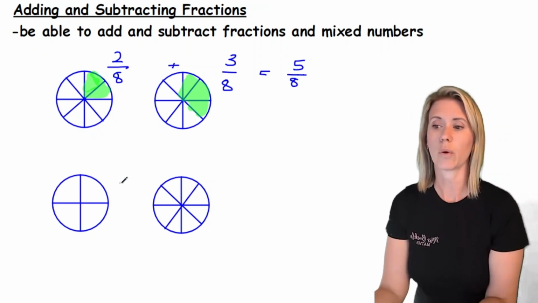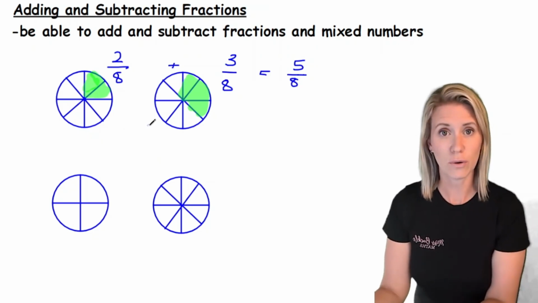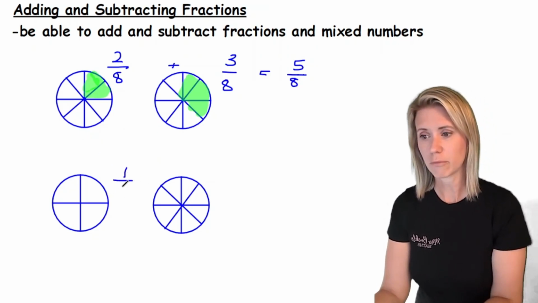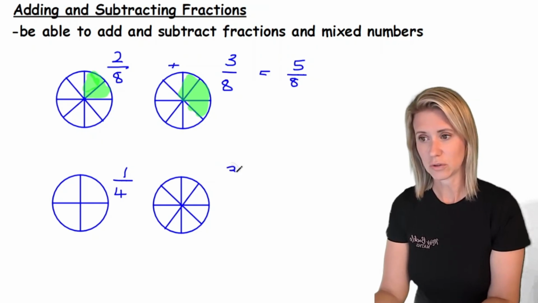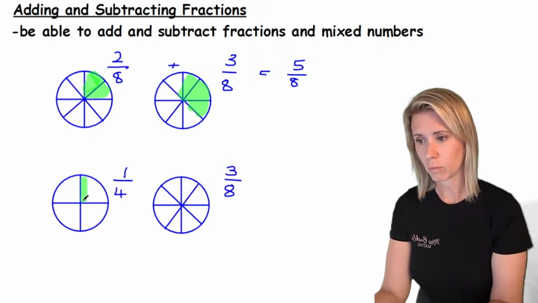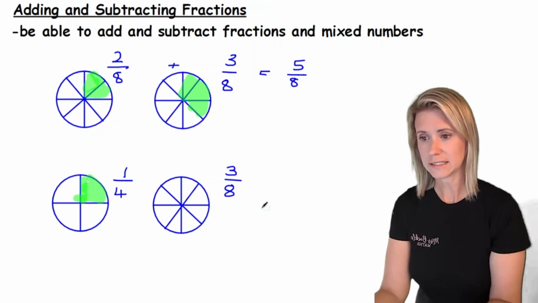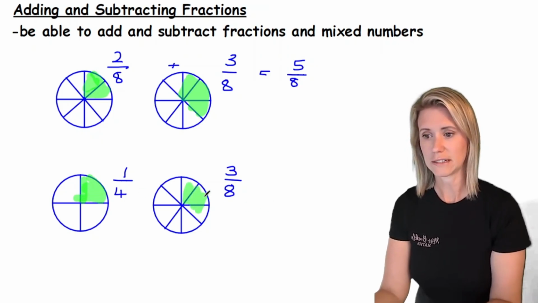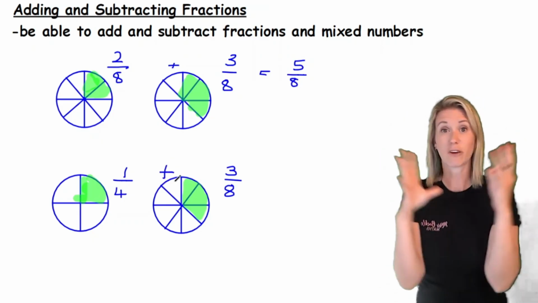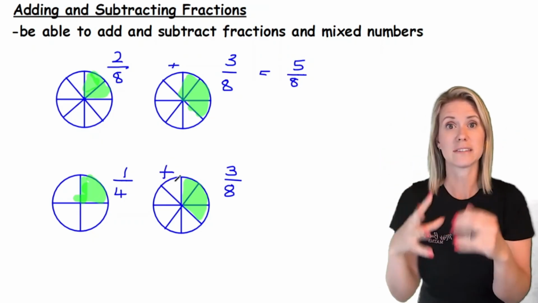If we move on to a question where the denominator is no longer the same, it begins to get a little trickier. So this time we're going to have 1/4 added to 3/8. Now, 1/4 is 1 out of 4 shaded in, and 3/8 is 3 out of 8 shaded in. Adding those together. Now this time it's not just a simple case of combining those pieces because the pieces are